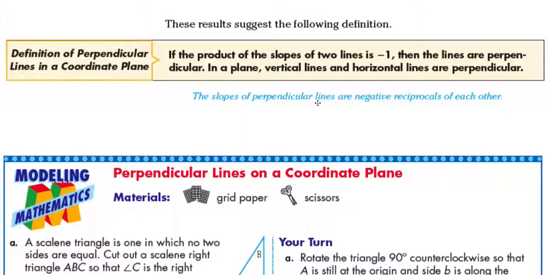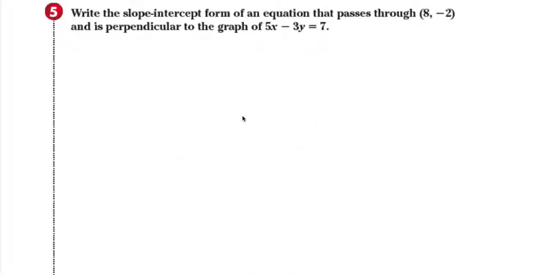In a plane, vertical lines and horizontal lines are perpendicular. The slopes of perpendicular lines are negative reciprocals of each other. So let's take a look at example number 5. You can use your knowledge of perpendicular lines to write equations of lines perpendicular to a given line, just like what we did in example